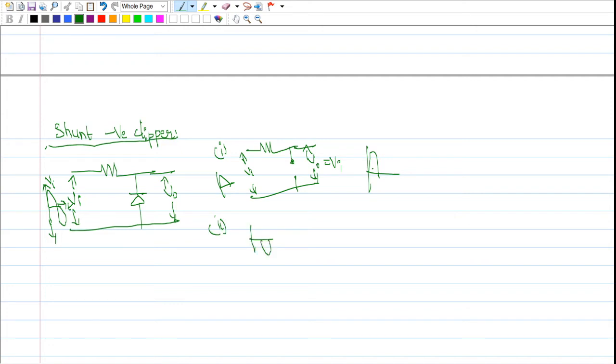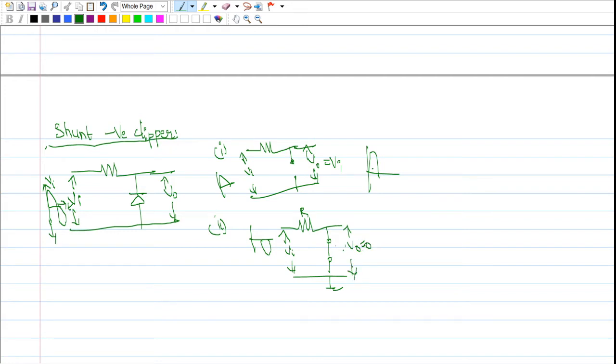When I am applying the negative half cycle, the negative voltage is connected to the cathode terminal. So it is forward biased, and it is conducting here. Then the circuit becomes a short circuit. So it is conducting through R, and then the output voltage is equal to 0. V naught is equal to 0.